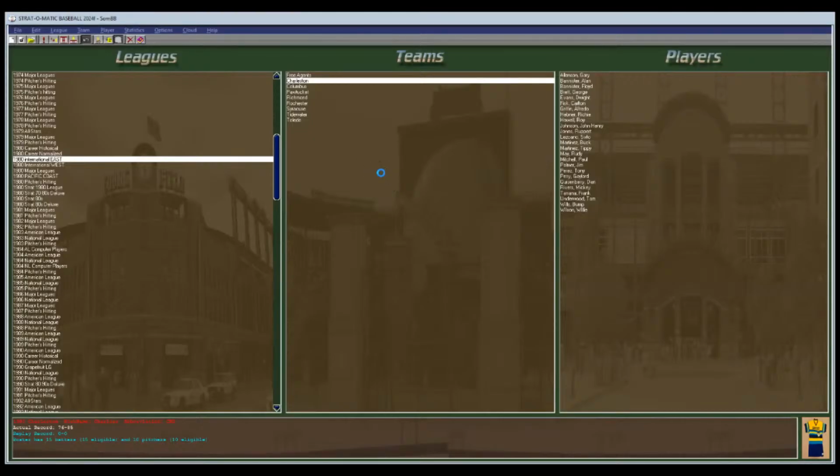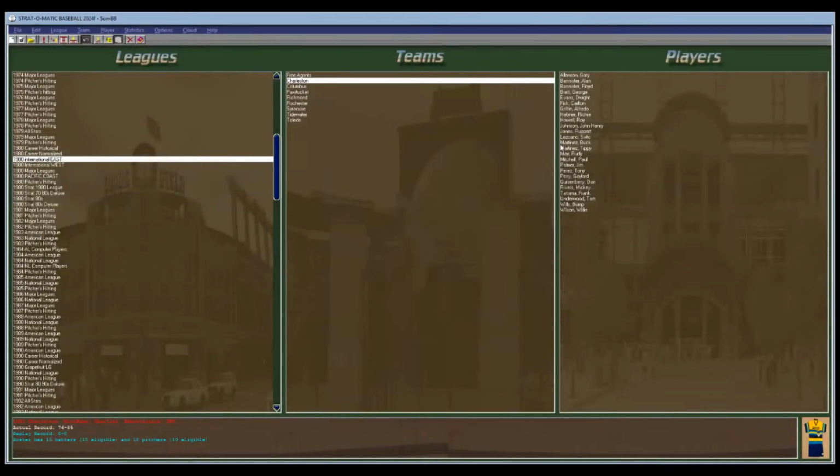Their 4 man rotation is going to be Jim Palmer, Floyd Bannister, Gaylord Perry, and Frank Tanana. So not bad. Out of the bullpen will be Tippy Martinez, Paul Mitchell. They kind of had to pick him up in free agency. Dan Quisenberry is going to be the team's closer.